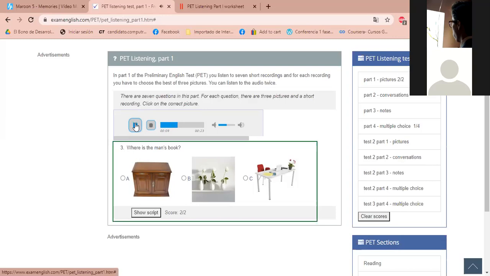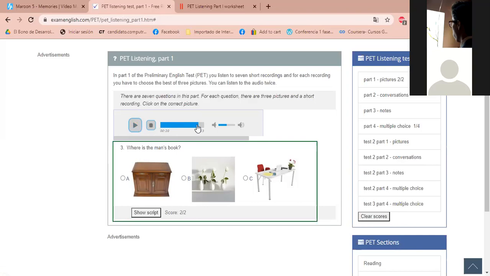Maybe you put it on your desk with all your other books. Tal vez lo pusiste en el escritorio. Maybe you put it in the desk with your other stuff, con tus otras cosas. I've looked there already. I can't see it. What about in the cupboard next to the... Busqué ahí, pero no está. ¿Sí? What about the cabinet? What about the cabinet? ¿Y qué hay de la cómoda? The television. There are several books in there. Al lado de la televisión. Hay algunos libros ahí. Might be there. I'll have a look.